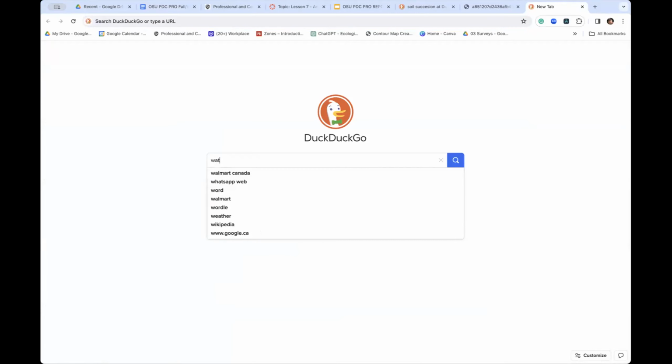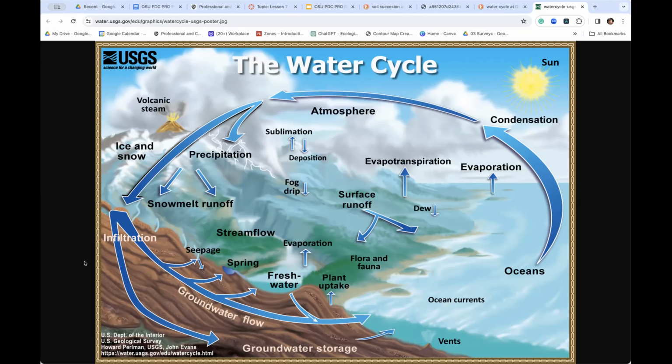So if we look at something like this, you can see how the answer to your question is not straightforward. This is great, actually. We have this awesome cycle, and in this situation, we're starting with water in the ocean that's evaporating, condensing, and then falling. And this is very general, but